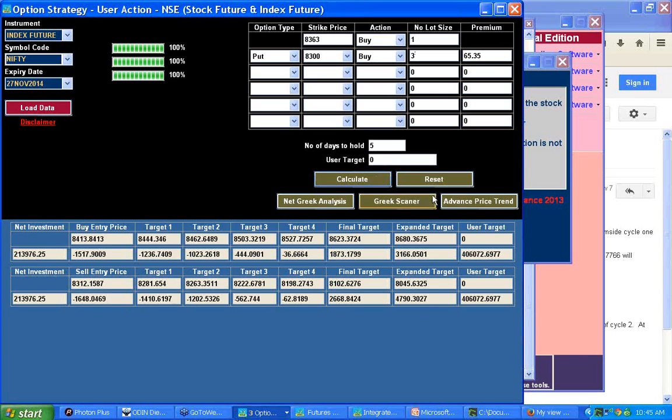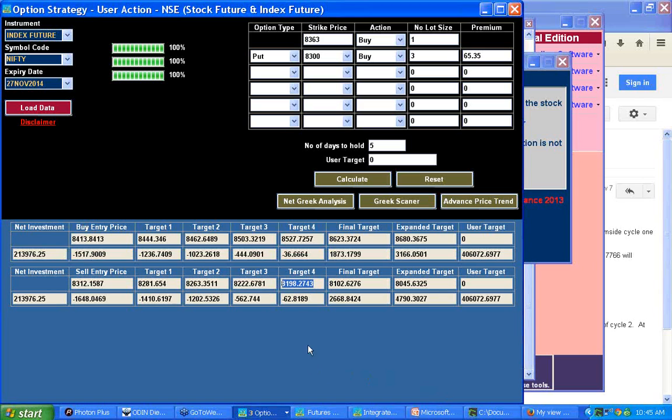So calculate. This is telling me that if the up move continues, then I will break even at 18,500. So no profit, no loss, I will come out if it is moving up. But beyond that, if it goes, I will go on adding profit. So I participated in the rally in a controlled way. However, if it started falling, I will now break even almost at 18,200 level. Below 18,200 level, I am going to start making profit.